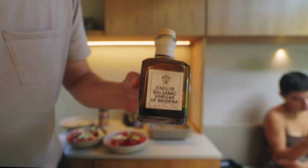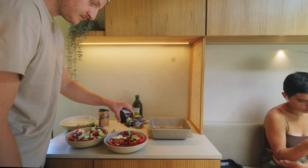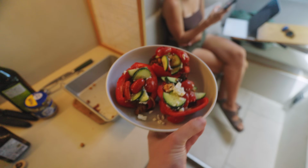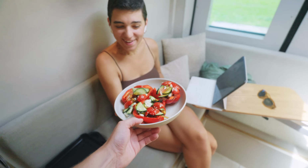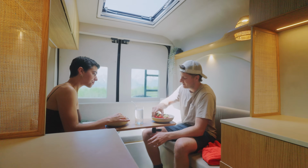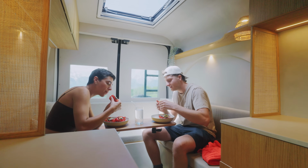Gonna finish it off with a little bit of balsamic vinegar. There it is, a very easy kind of Mediterranean inspired little stuffed pepper recipe. Here you are, man. Oh, wow. Thank you. You're welcome. The biggest downside is like actually eating these things. What? They're like hard to eat. They like kind of...